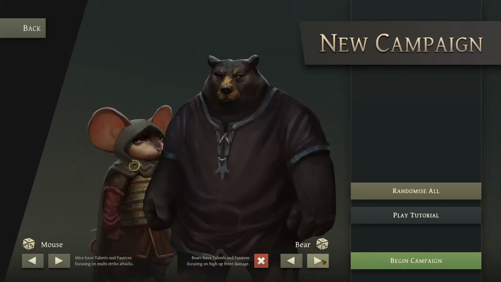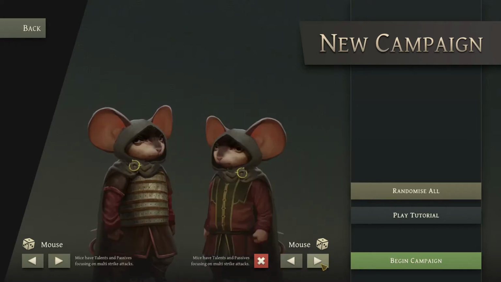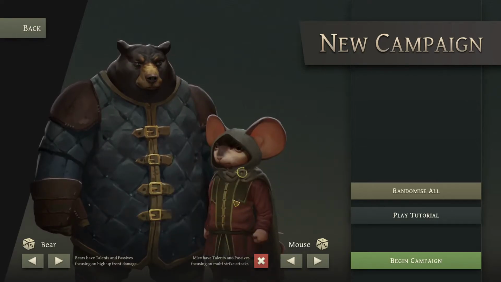It would appear that I only have mice and bears. Do I want to have a beefcake of a bear and a slightly weaker mouse? Probably. It would appear...